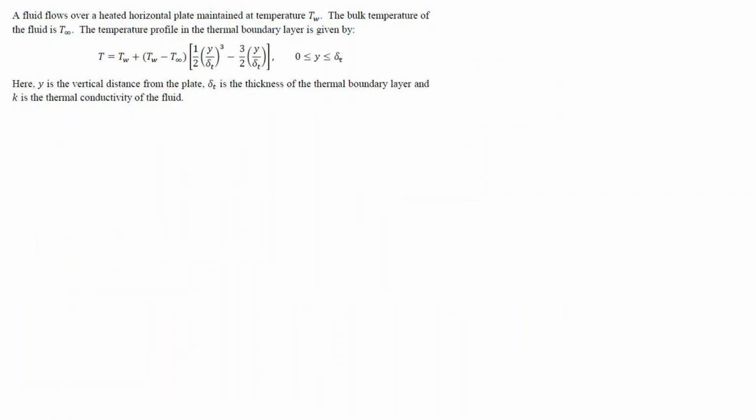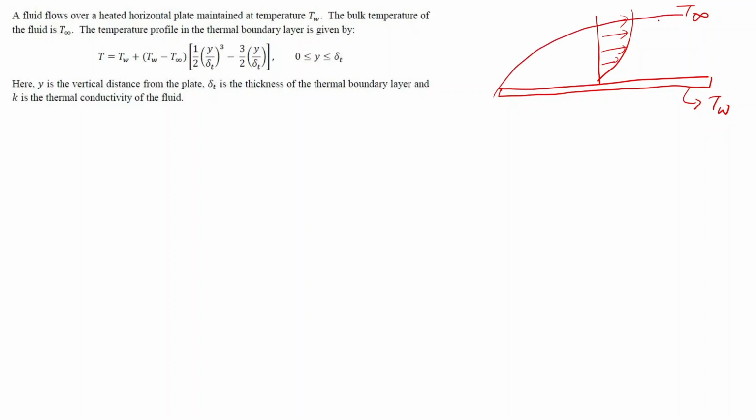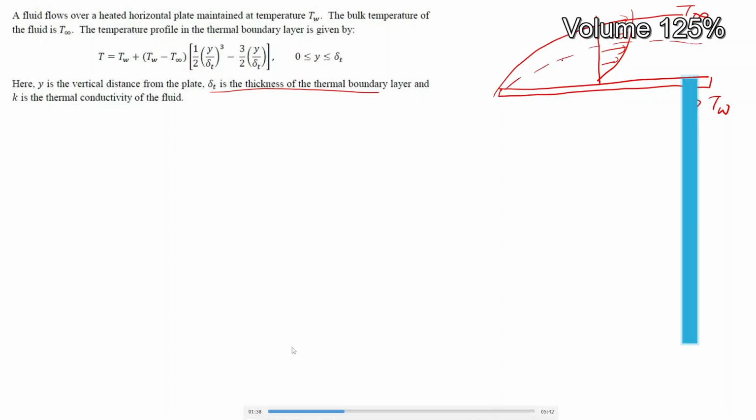So as given in the question, we will draw the schematic. A fluid flows over the heated horizontal plate maintained at temperature Tw. So let's just consider this is our heated plate, and the temperature we have been given as Tw. The bulk temperature of the fluid is T infinity, and we have a fluid flowing through this plate. So correspondingly the profile will be like this, and where we have been given delta T is the thickness of the thermal boundary layer. So if this is my thermal boundary layer,